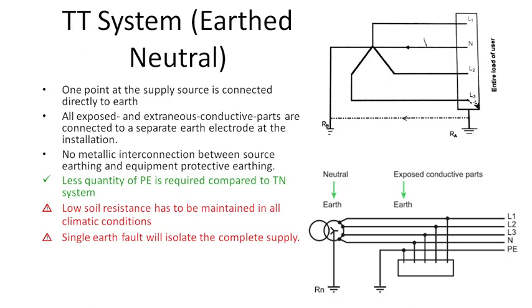First one is the TT system. T means terra, T means terra. So earth system. So basically it is an earthed neutral system. Here one point of the supply source is directly connected to earth, and all the exposed as well as extraneous parts are separately connected to earth. So for our supply source, its neutral point will be earthed, as well as our